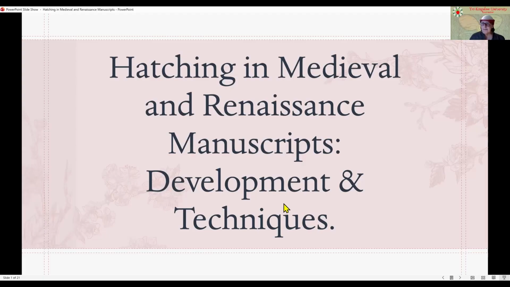Good day, good gentles. This is Hatching in Medieval and Renaissance Manuscripts. We're going to look at the development of the techniques used by artists